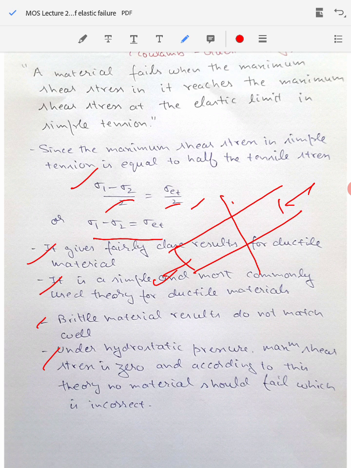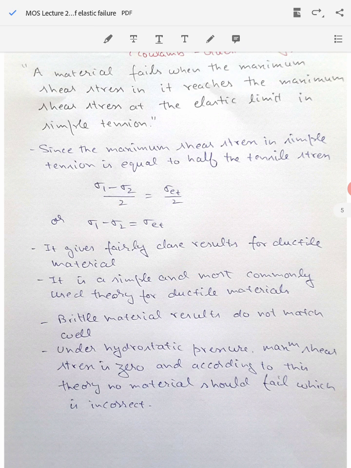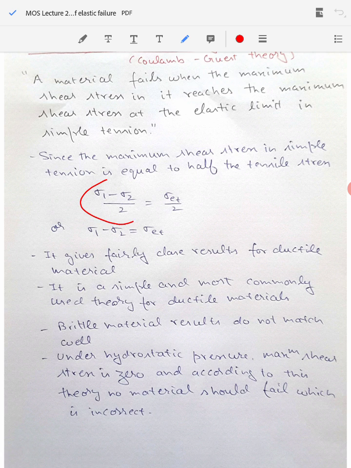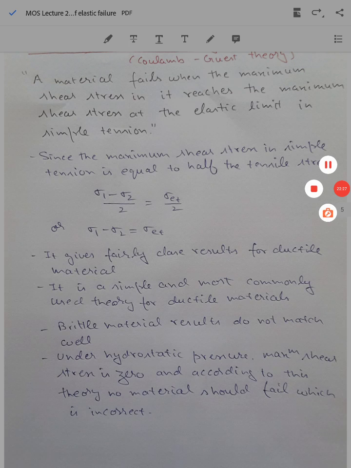Now under hydrostatic pressure, the maximum shear stress is 0. When you have hydrostatic stress, sigma 1 becomes equal to sigma 2, so this will become 0. That's why it is not going to work there. Under hydrostatic pressure the maximum shear stress is 0, and according to this theory no material should fail, which is incorrect. We know that if you apply a very large amount of hydrostatic pressure, the component is going to fail. So this theory, as it mathematically predicts that the component will not fail, is not true, and it cannot be applied in such cases. Now there are some other theories left, but we'll continue our